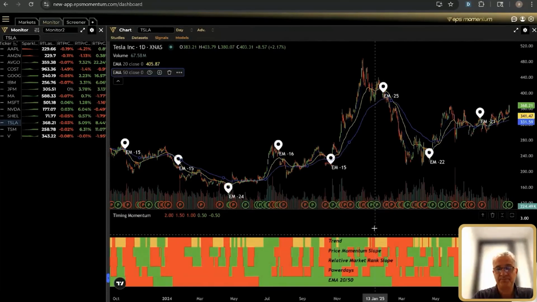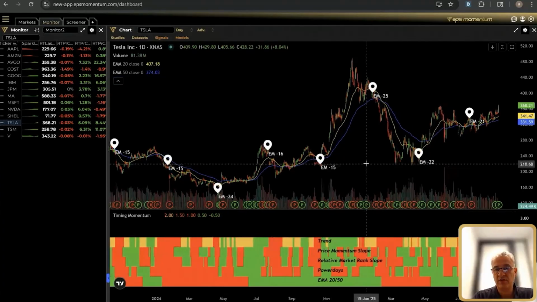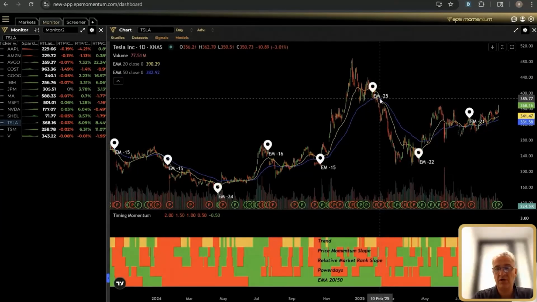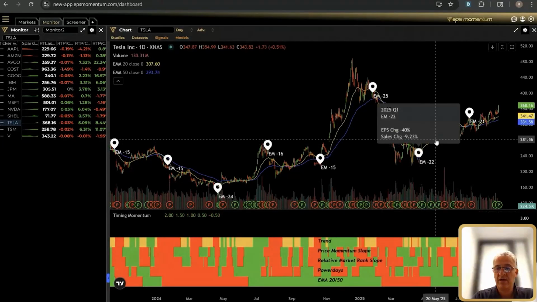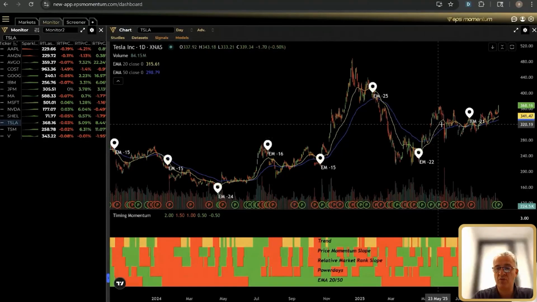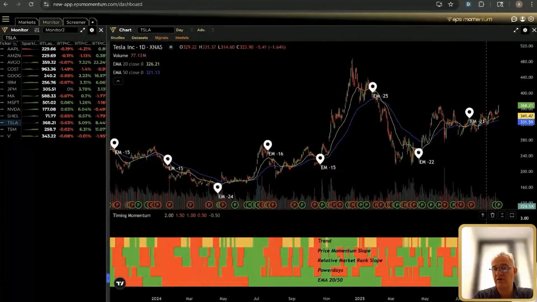That's it. So what we can see here is the yellow 20 days goes below the blue, so it's red, and then it tends to go above, so it's green, and then just one day off, and then that's it, it's above. So I hope